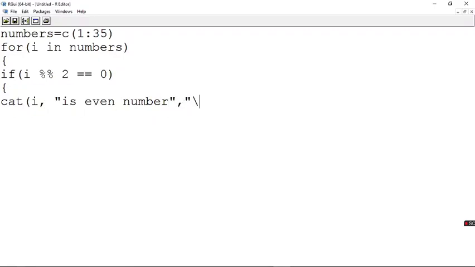Yes, and I use one escape sequence here. Fine. And if not, what I have to do? I have to print it as odd. So obviously I have to have one else statement, and I say else cat of I, and I say is odd number. Yes, fine.